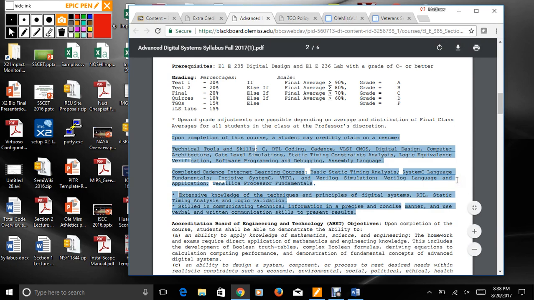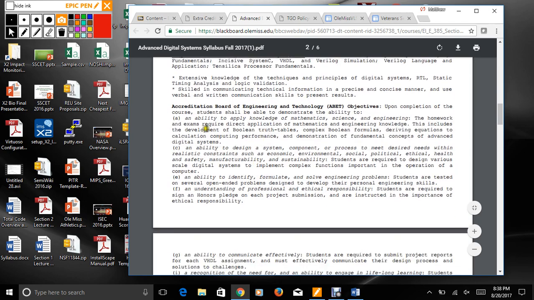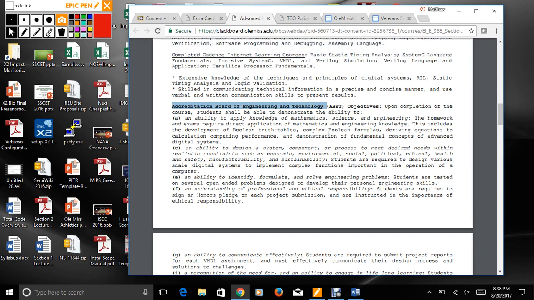So we're going to be talking a lot about how to build a resume and how to apply for jobs in this course. You can go over this in more detail, but the whole point of putting the ABET, Accreditation Board of Engineering Technology Objectives, is to dictate how we are constructing the course in order to ensure that the certification of your degree